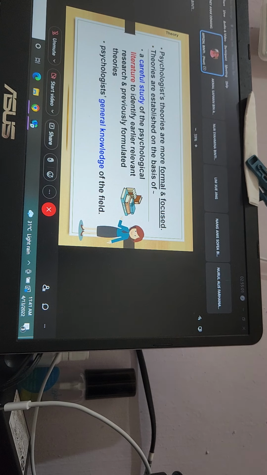Something not related to me. No, I cannot do that research because I am not an expert in that research. So those who want to produce the theory must also be someone who is an expert in that